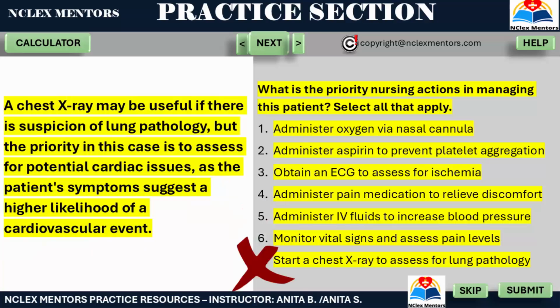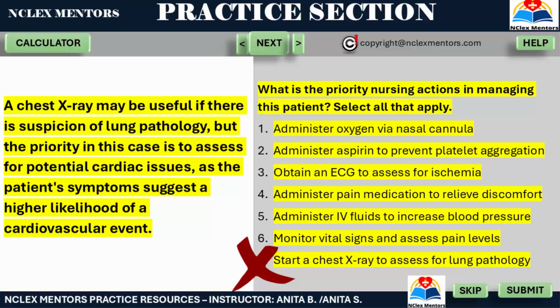7. Start a chest X-ray to assess for lung pathology. Incorrect. A chest X-ray may be useful if there is suspicion of lung pathology, but the priority in this case is to assess for potential cardiac issues, as the patient's symptoms suggest a higher likelihood of a cardiovascular event. A chest X-ray is not as urgent as obtaining an ECG, which is crucial for diagnosing potential myocardial infarction or